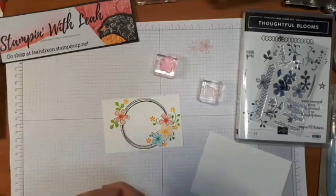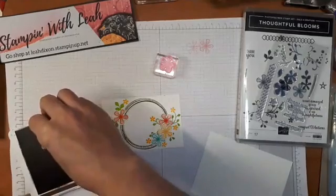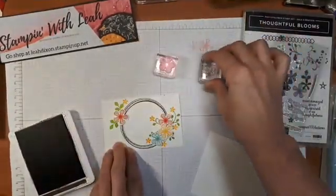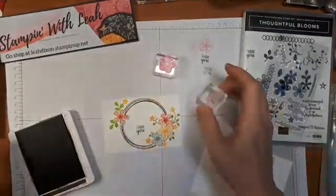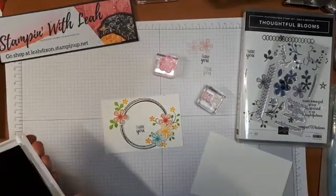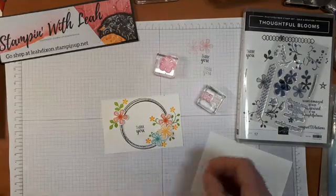Grab my Early Espresso again and ink that up. I'm going to test this one. I haven't used this stamp yet. All right, there we go, and pop in my thank you right there. Could have been maybe over a little bit closer to the flowers. That's okay. I'll fix that up when I add in my last flower, because I still have one more flower to stamp that we haven't added into this card,